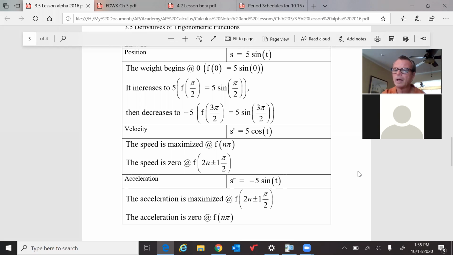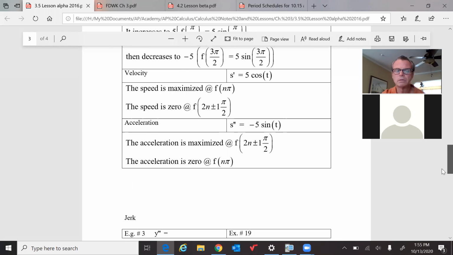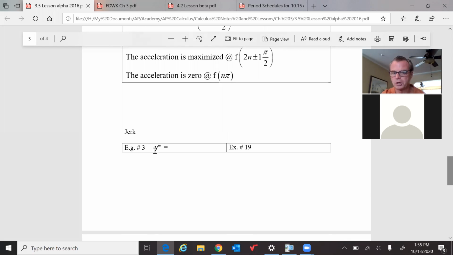Okay? And example 3 just says the third derivative has a name, that's jerk. I mean, you just keep differentiating. Jerk is not an AP topic. It's in the book. It has to do with motion sickness, but that's not important to us right now. Okay? So that's that for 3.5,